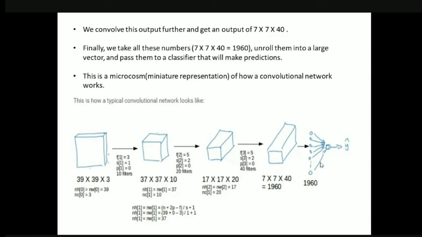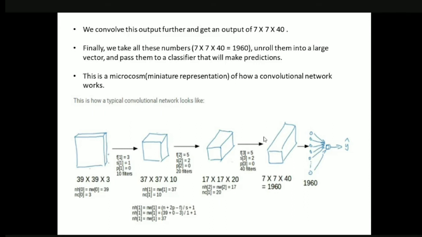So initially I told you why we are not going to send the parameters in the initial itself, that is, before applying the convolution operation. If we send these parameters directly to the fully connected neural network, then we discussed the drawbacks. For those drawbacks only we included the convolutional neural network operation, that is the convolution operation. So after performing convolution, we are sending these 1960 values, unrolling them into a large single vector, and passing these values to the classifier, and then the classifier is going to make the prediction. So this is a small example of how a typical convolutional neural network is going to look.